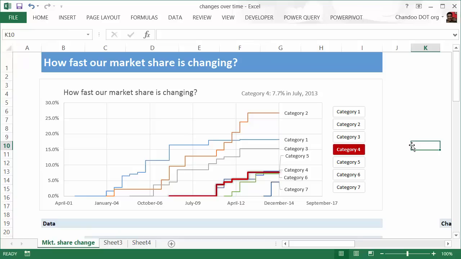A couple of other scenarios where this kind of chart can be used: for example, let's say you handle a project for deploying some sort of IT solution, a technology solution. Usually when you have a technology project, there is a stage called testing, where people go and fix all the bugs and mistakes in the programs. And usually there are multiple modules, individual portions of the project that are developed at separate times, and the testing also happens separately. So you could show the number of bugs and how many bugs are fixed in this kind of a chart